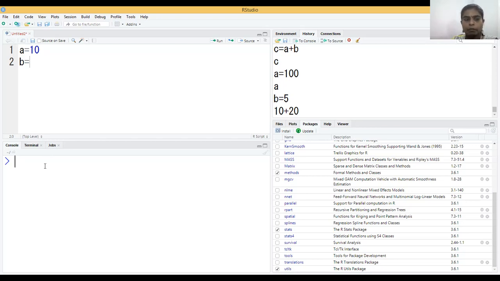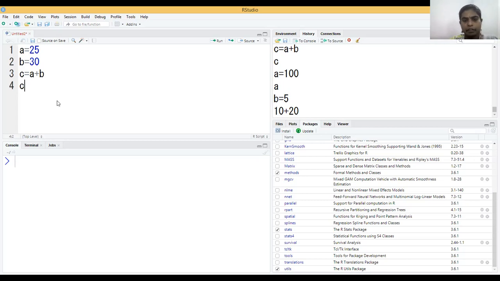In the command prompt, if I enter the command, then it gets executed. If I'm typing it in the file editor, this will not be executed immediately. Then at what time will it be executed? You need to enter all the source code. Let's see. So I'll give a different value: A is equal to 25, B is equal to 30, C is equal to A plus B. I have given C, meaning that I want to print the value.